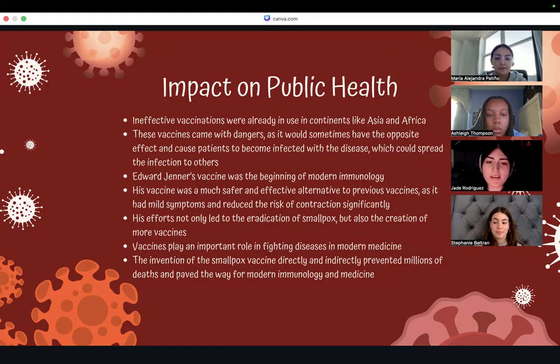Okay, so the impact on public health. The smallpox vaccine had a significant and long-lasting effect and impact on public health and modern medicine. So, before Edward Jenner's vaccine, ineffective vaccinations were already in use in continents like Asia and Africa. But these vaccines weren't really effective as they would often have the opposite effect and actually infect healthy individuals with